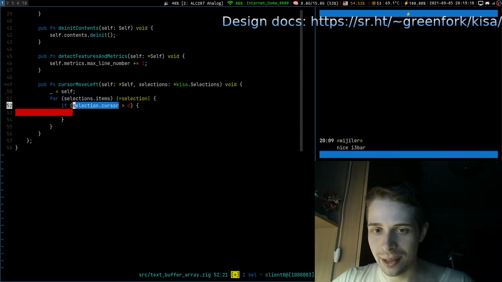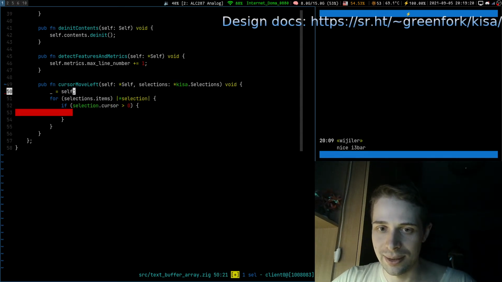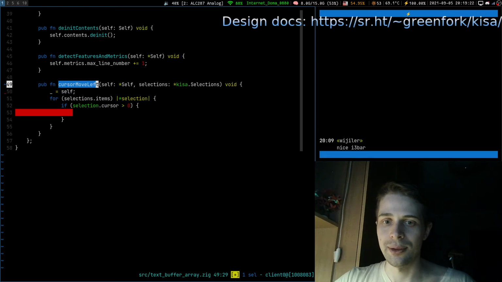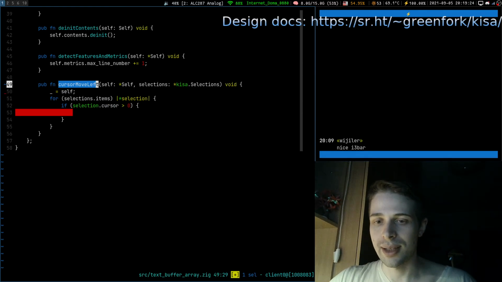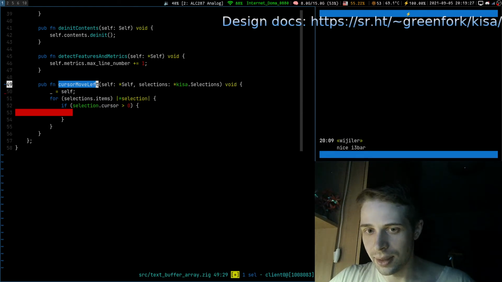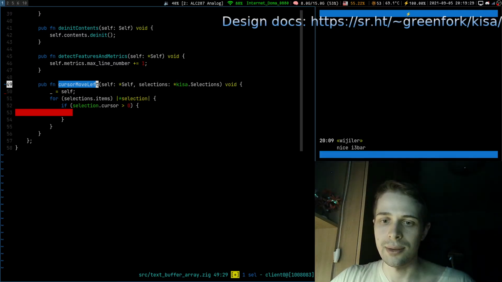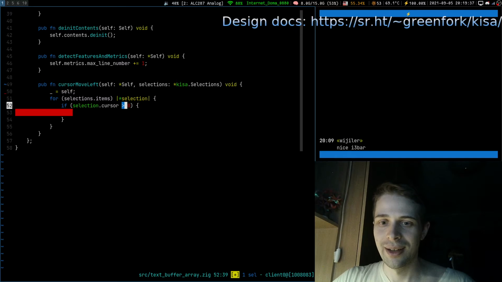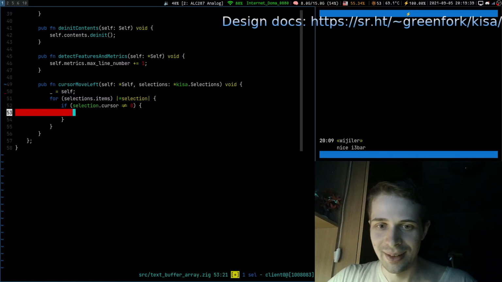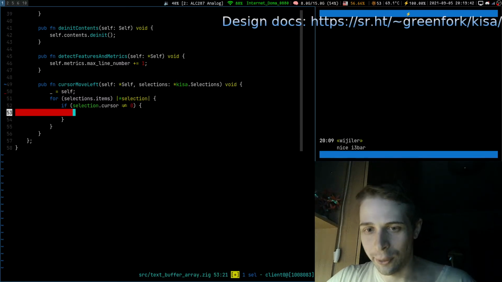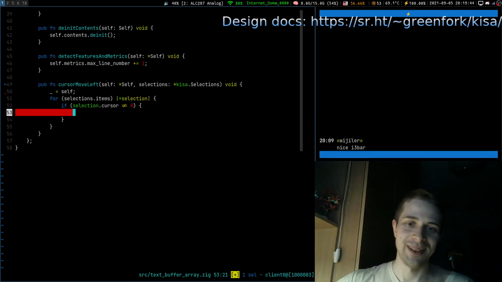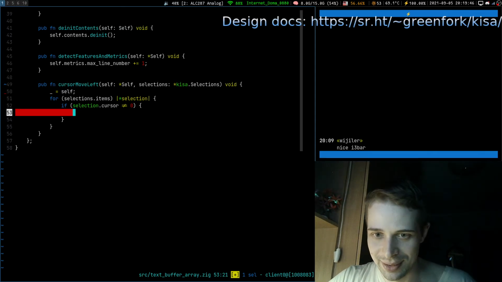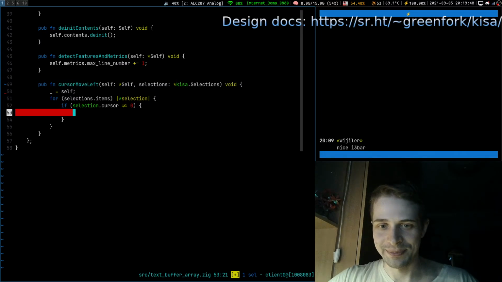And if we check it like so, then this function cursor move left is going to work as expected, but some other functions that rely on the cursor being always non-negative will not work correctly, and we probably want everything to break if we do something wrong. So break everything, crash as soon as possible. This is the philosophy for this subtle moment.